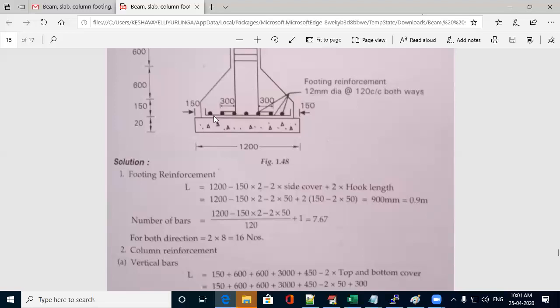This one, not for the column, this is for the footing. The length of each bar will be 0.9 meter. Number of bars, to find the number of bars,